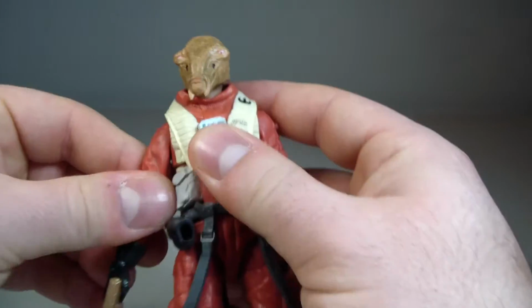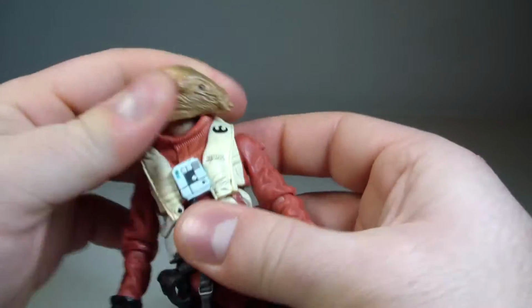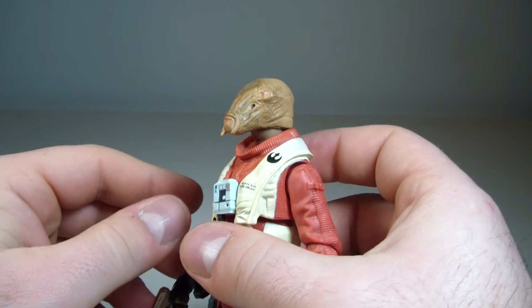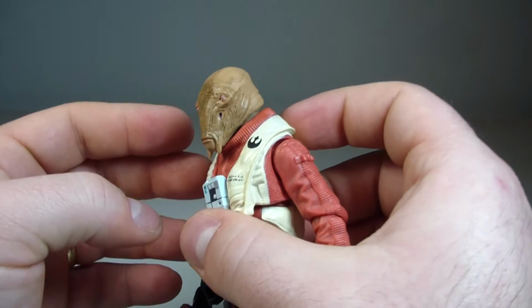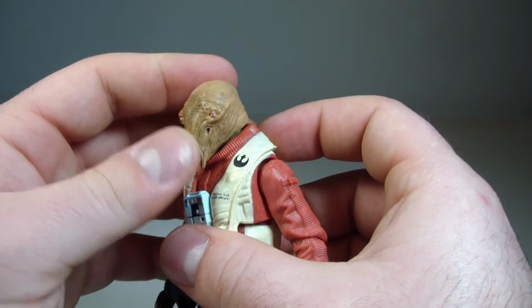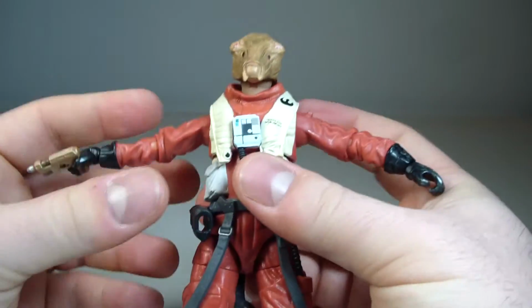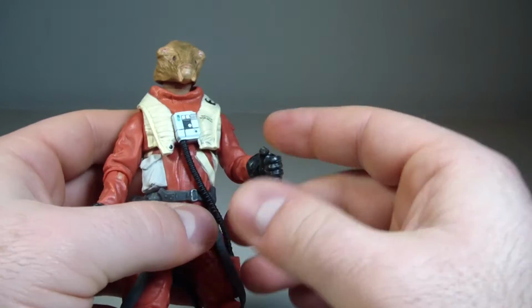As far as his articulation goes, his head does swivel, full 360 rotation. He does have a ball hinge joint, and he can look up pretty decently for the head sculpt. A little bit past eye level when he's looking down. Here's pretty much eye level right there, so not much, but just a little bit. His arms go up about that far. They do go down, full 360 rotation in the arm, a single bend at the elbow, which is less than